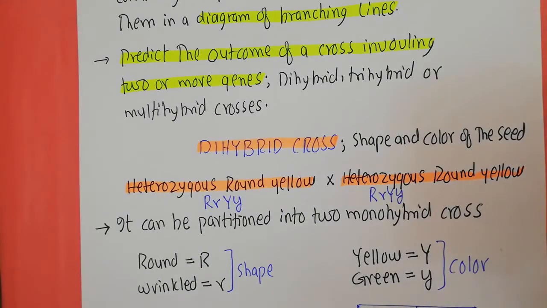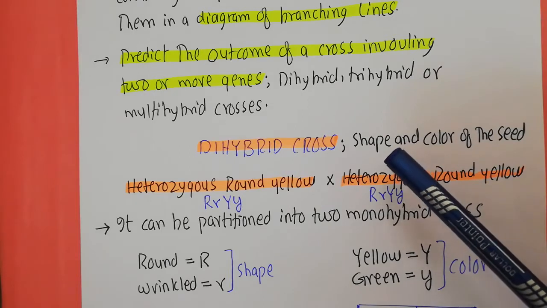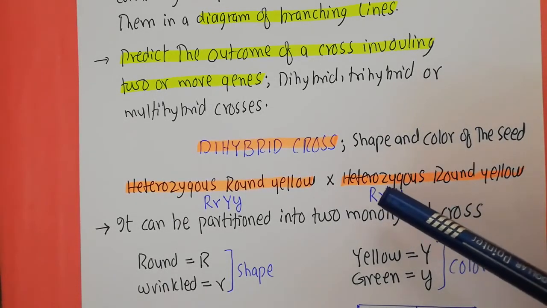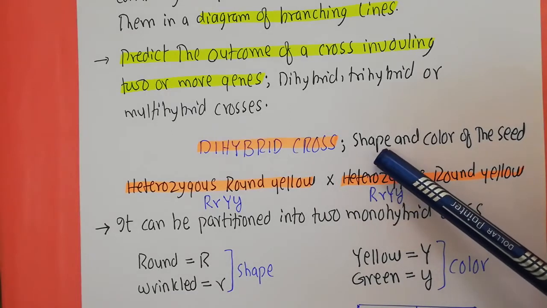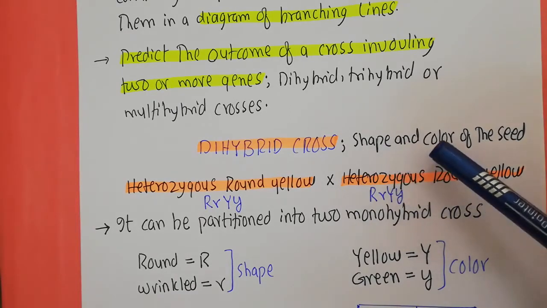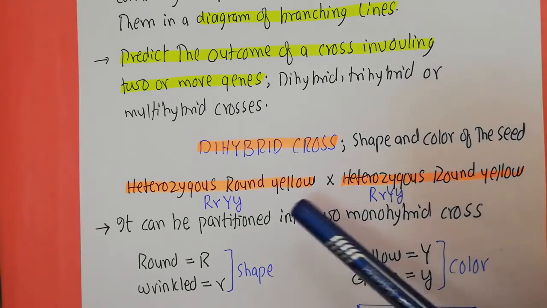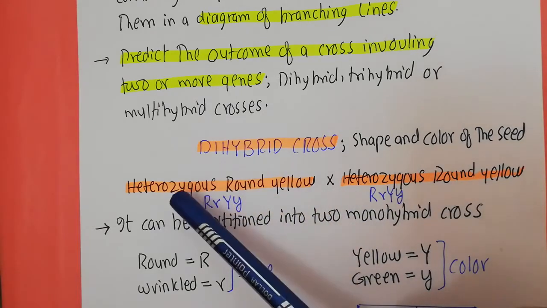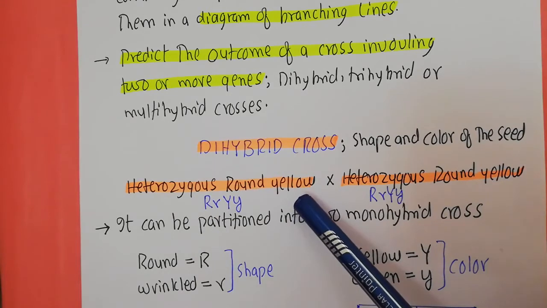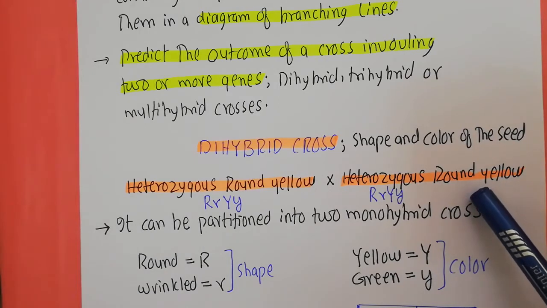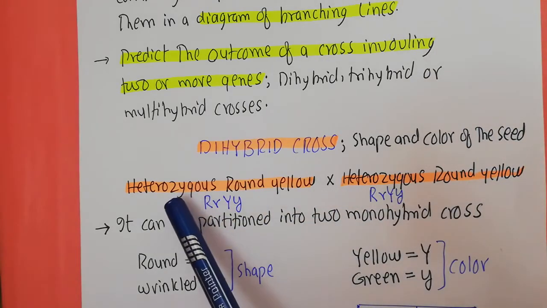In this particular example, we will be focusing on two of the traits of the seed that was used by Mendel: the shape of the seed and the color of the seed. Say, for example, if you cross a heterozygous round yellow plant to a heterozygous round yellow plant, both of the parents are of the same nature. They are heterozygous